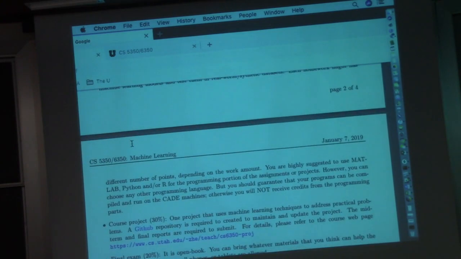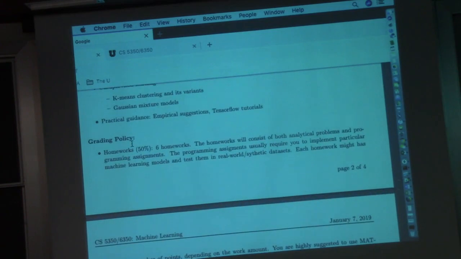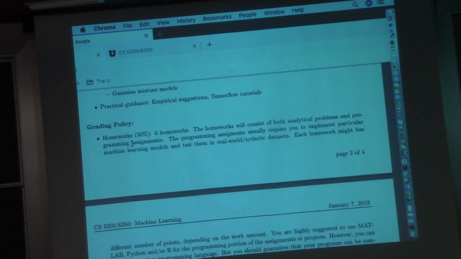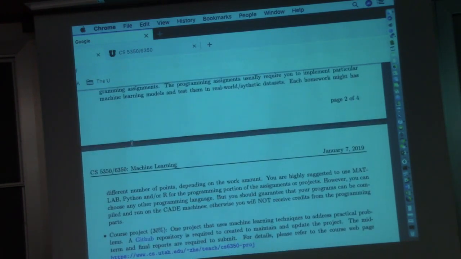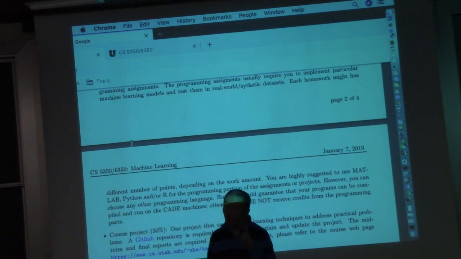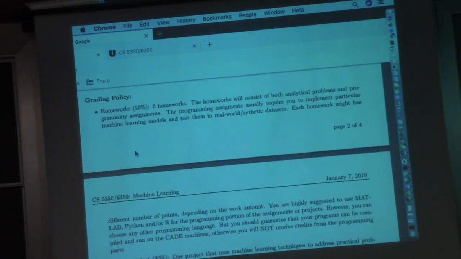So the grading policy. This is actually the most important part, but I have to roughly mention it. Basically the final grade consists of several components. First, the homework assignments. Homework assignments will take 50%. That's really huge. So if you're performing really well, you will get a very good final grade.